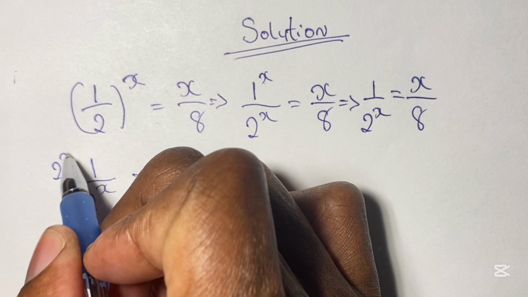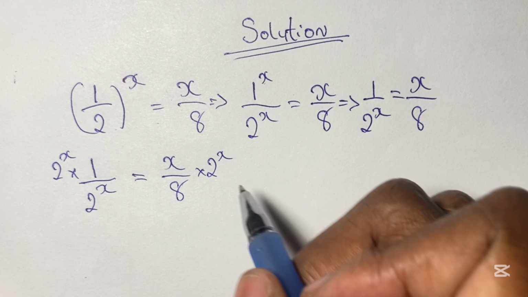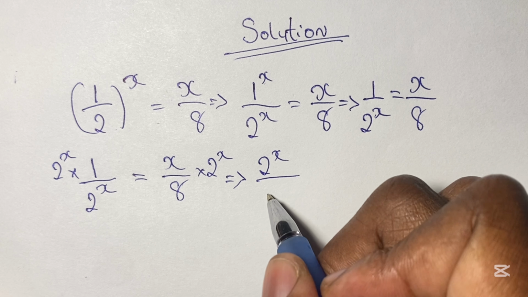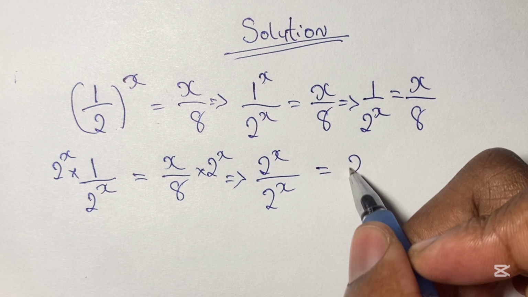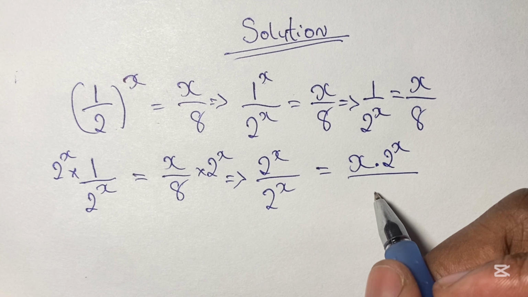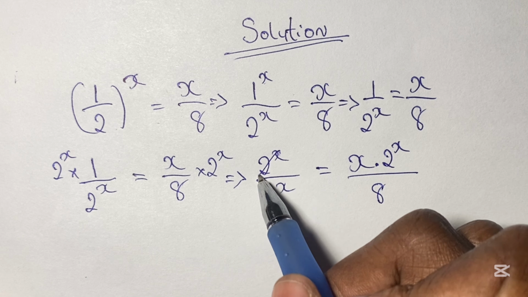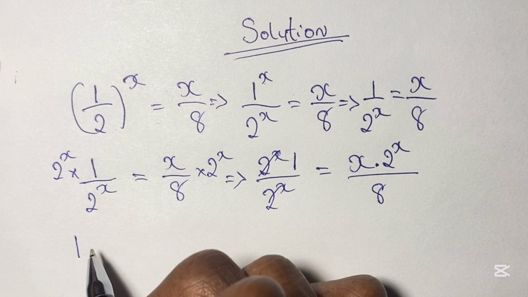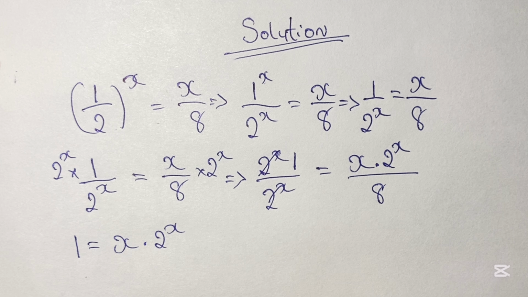Then we multiply both sides of this equation by 2 to the power of x. And so in multiplying both sides of this equation by 2 to the power of x, we get 2 to the power of x over 2 to the power of x is equal to x over 8 times 2 to the power of x. We know that 2 to the power of x over 2 to the power of x is just 1 whole. So we can just cancel both top and bottom here and just have that being 1. So from here, that means we would have 1 is equal to x times 2 to the power of x